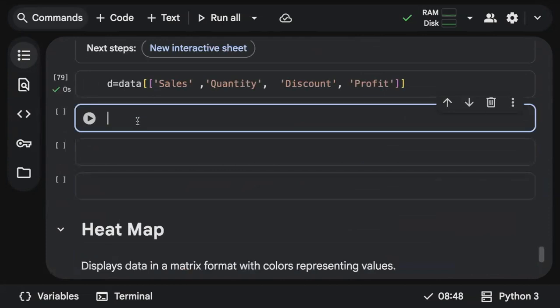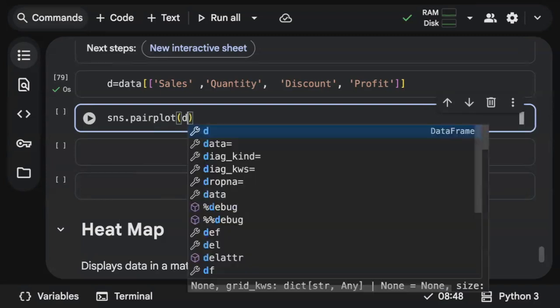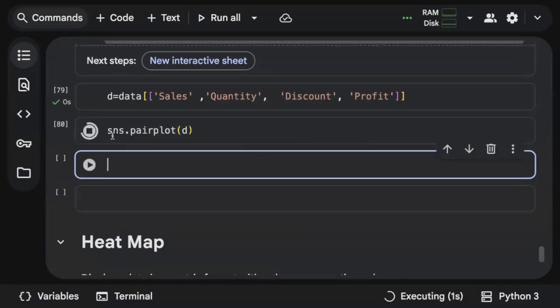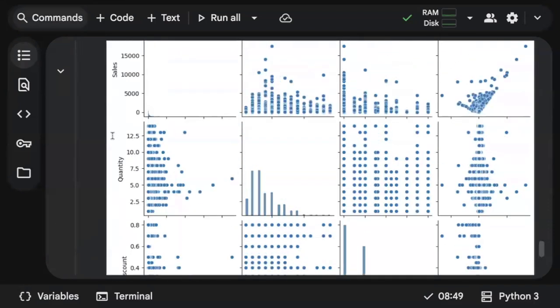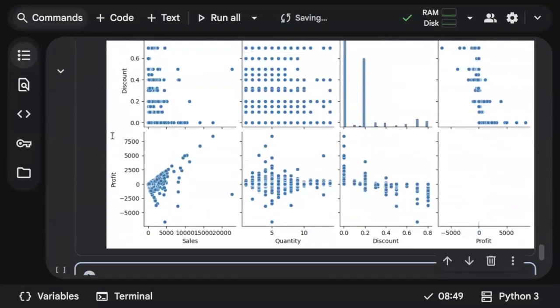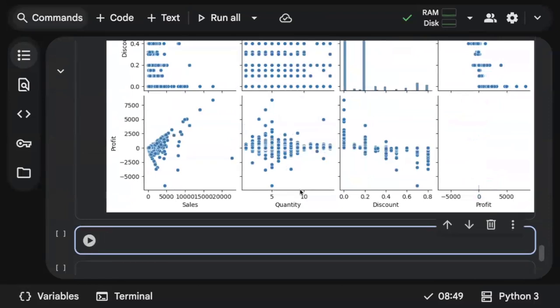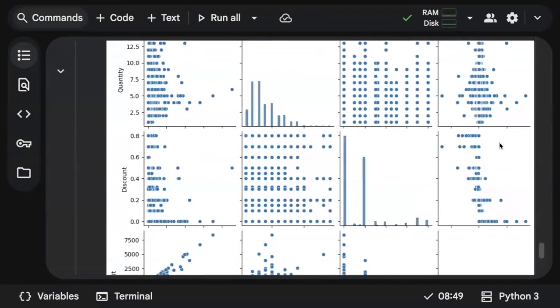So let me just call it b is equal to. Now I want to plot a pair plot for this, right? Just call simple sns dot pairplot, and you just need to pass your data. Done. So what it will do, there are four columns, it is going to give you 16 interesting colorful graphs, which basically help you in understanding how well data is spread out using histogram as well as scatter plot. So for every pair of data, it is going to give you a graph. Can you see? Sales and profit, it is a scatter plot. Quantity and profit, discount and profit. Profit and profit, it is giving you a histogram.